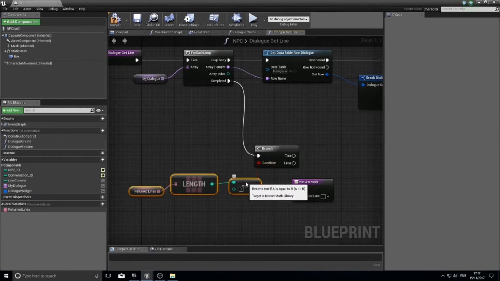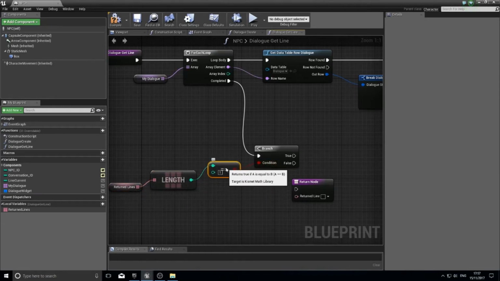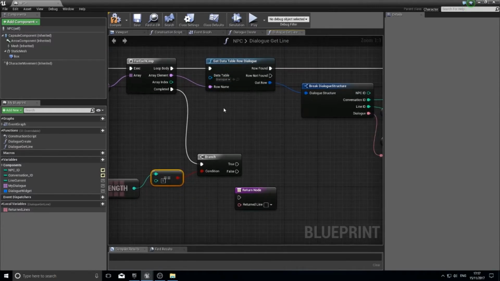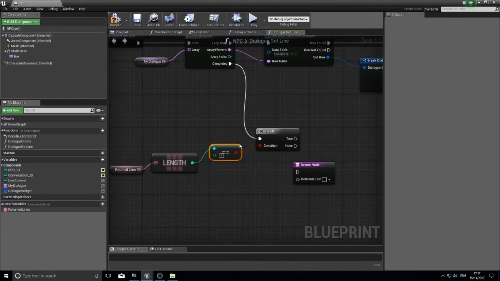So this does two things. This first of all checks to make sure that we've only got one line coming out. This also makes sure that we've actually got a line coming out at all. So if we haven't got a line coming out at all, it means there's no rows that matched our current line ID, meaning that we've gone beyond the conversation, that we've ended the conversation and we're asking for a line that doesn't exist, which is useful because that means that we can now tell it when to destroy the current